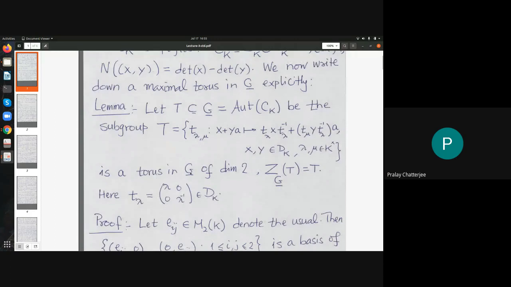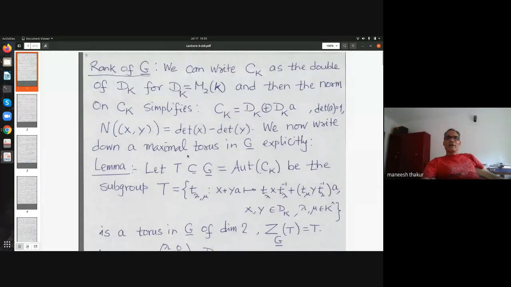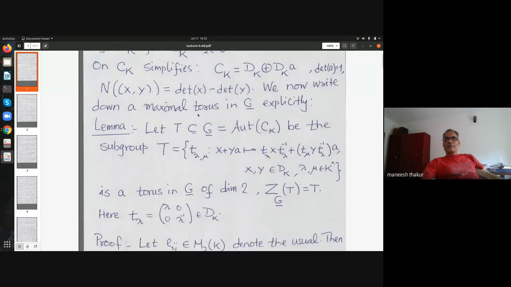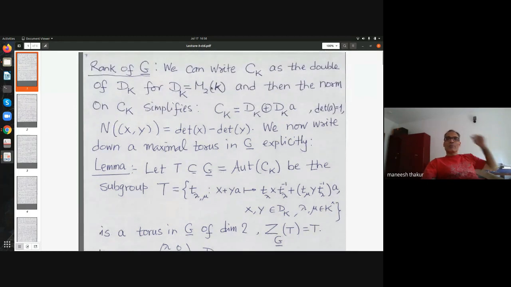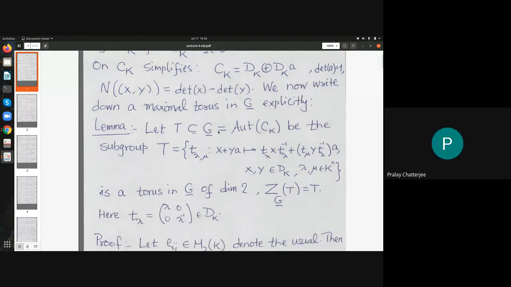So you are choosing some isomorphism to M2K. Yeah, just choose some isomorphism, extend it to an automorphism of CK, and conjugate by that to assume these are equal. So that's not important. Once you have that, then you are able to write down this description. You can just change your whole CK by writing M2K direct sum M2K. So I'm just fixing an isomorphism of CK with M2 direct sum M2K, and then doing all this. That will involve some conjugacy and so on, which I am sweeping under the carpet.